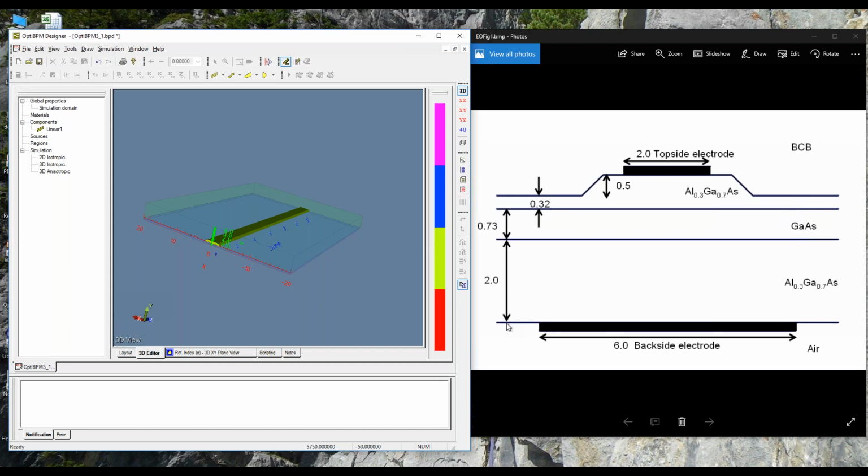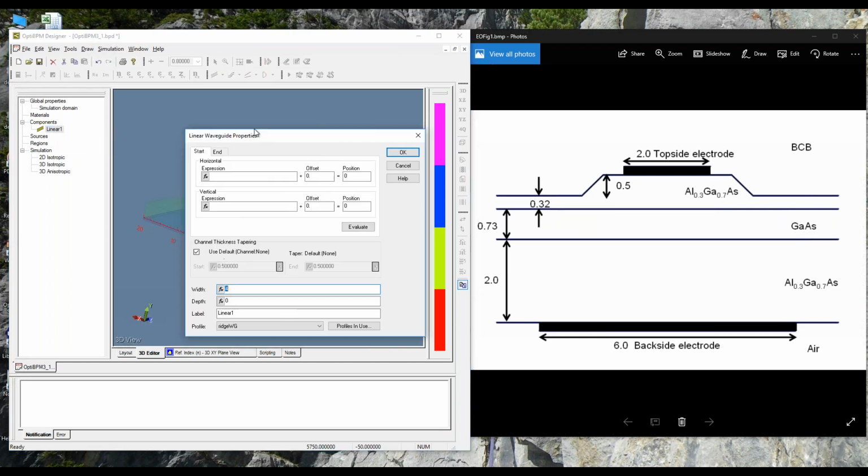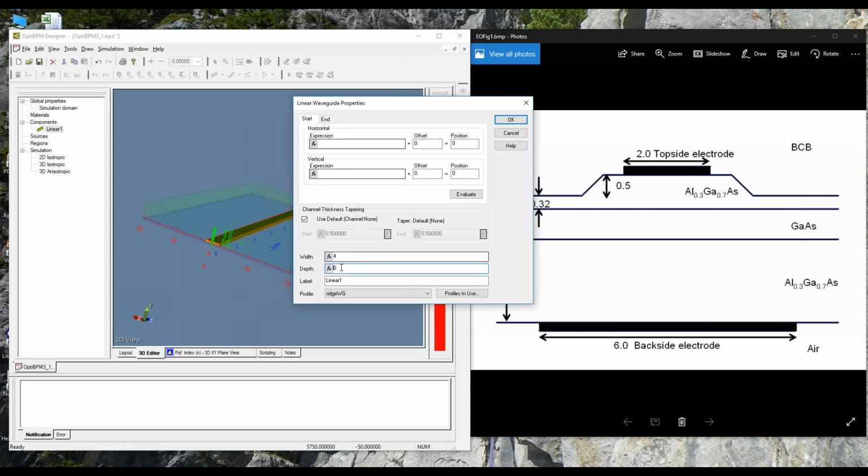So 0 is at the air interface, so I've got 2, I've got 2.73, I've got 3.02, I've got 3.502, so I need to put that coordinate into the properties of this particular waveguide, and that is entered here